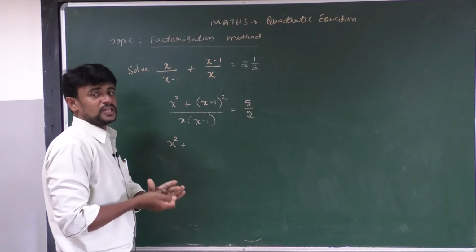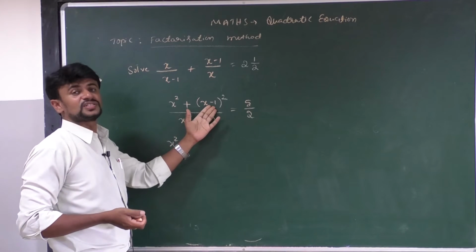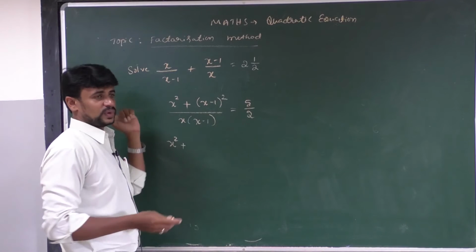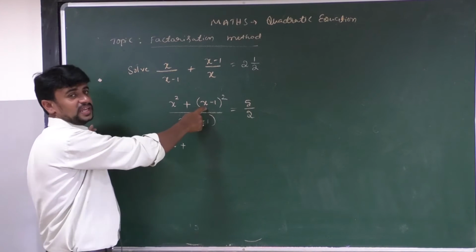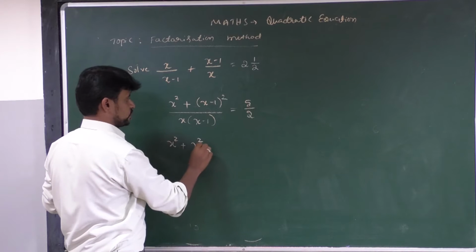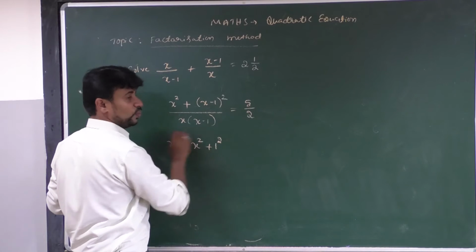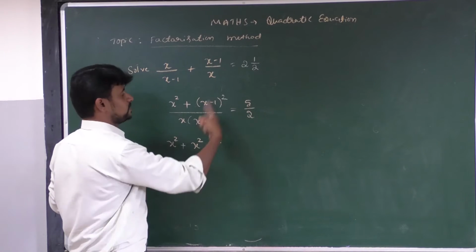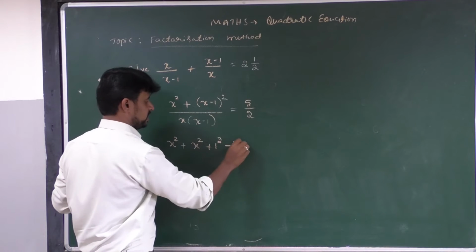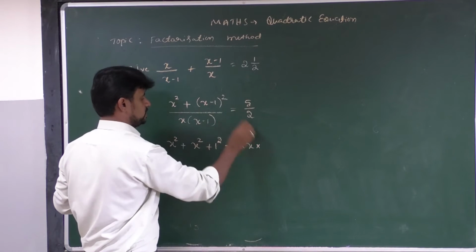a square plus b square minus 2ab is the expansion form of (a minus b) whole square. As you know, here the value of a is equal to x. Then it becomes a square, which means x square, plus b square, which means 1 square, minus 2ab, minus 2 times a, which means x, into b, which means 1,